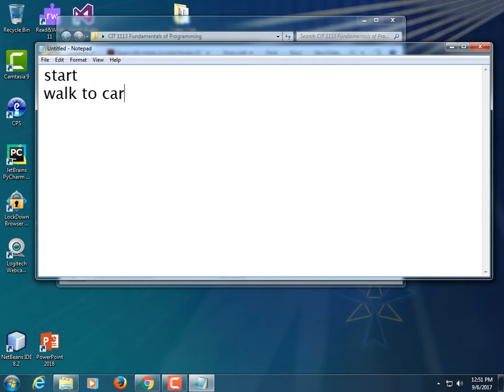That's probably too much detail. Do you agree that would be a little bit too much? But when writing a program, do we need that much detail? Sometimes we do. Imagine programming a robot. Go to my car. It's going to be like, huh? How do I get out of this room to begin with? Okay? So pseudocode